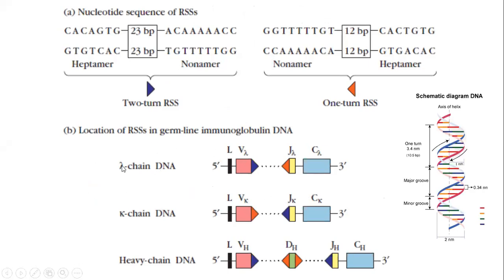For example, here, this is a K chain, this is a lambda chain, and this is the heavy chain. You see here, this is a 23, for example, the two-turn. Why do they call it that? Because 23 is double the 12 nucleotide length. This is only one 12 nucleotide length. This blue can combine with only this orange. Basically, when they want to recombine by the enzymes, this blue can only go with the red. Just looking at the colors. In the other orientation, this red, or orange, can only combine with the blue. But this blue cannot combine with the blue. This red cannot combine with the red.